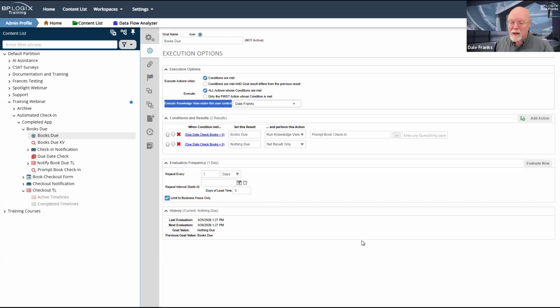In my case, I'm going to set it to me, but whatever user you need to set it to, you are going to need to set this property under execution options, because you are invoking the run knowledge view action in our conditions and results. It can't run it if it doesn't know the context of who to run it as.